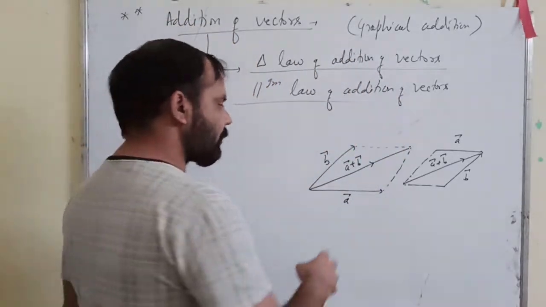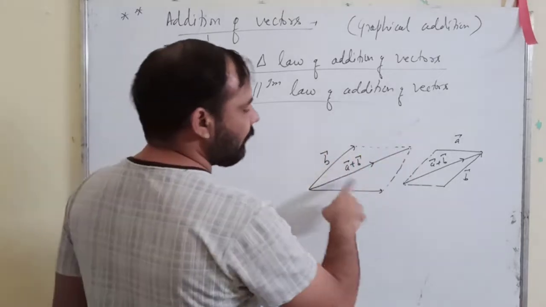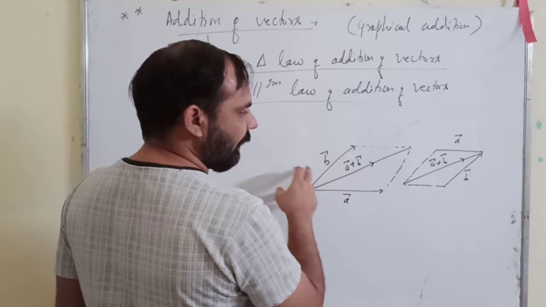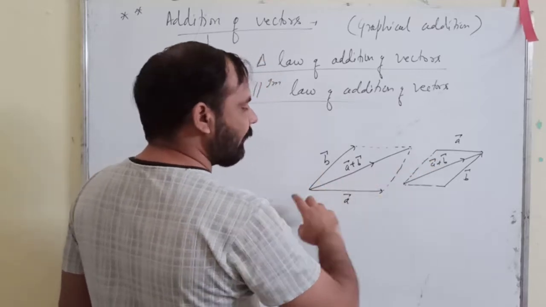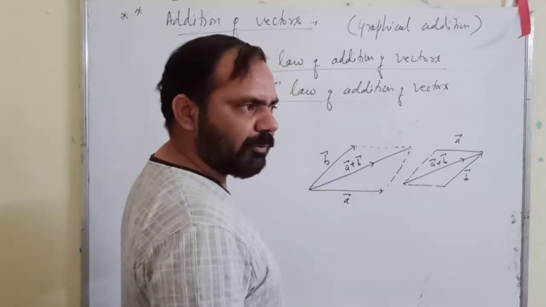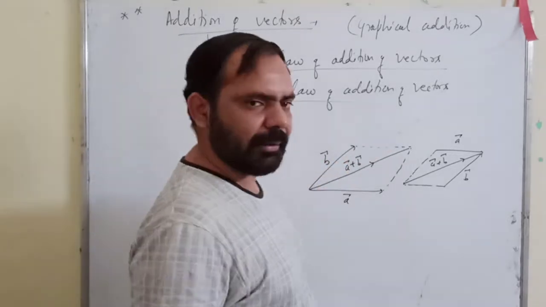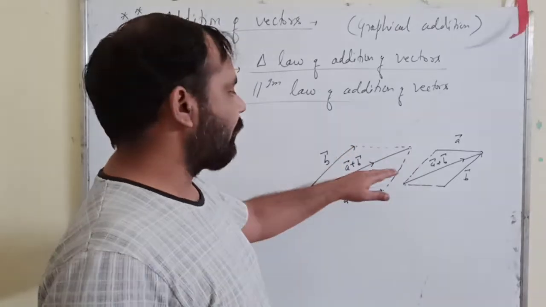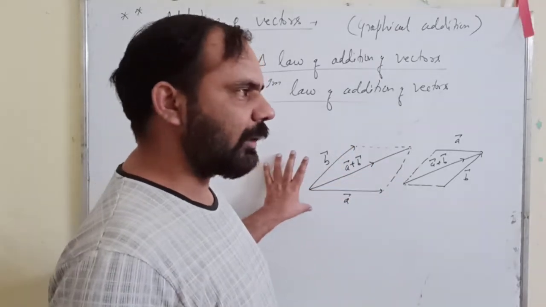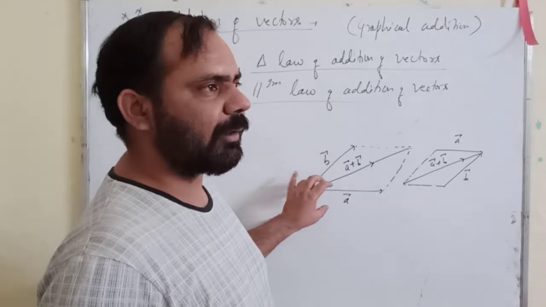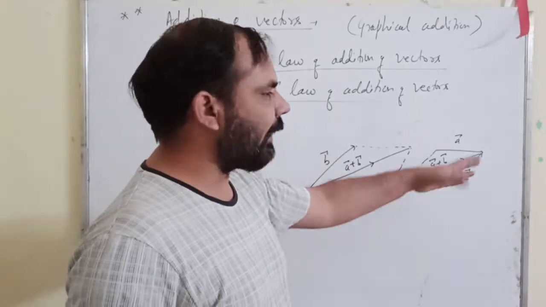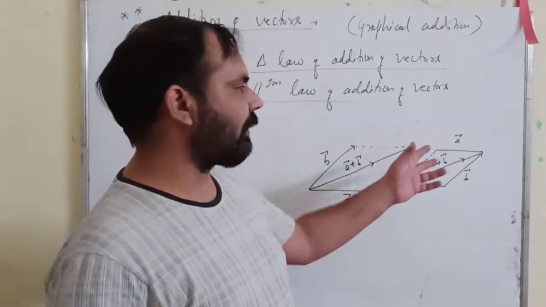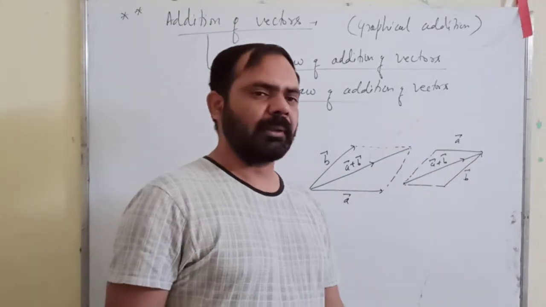Fine, right? So this way, what you have to do is frame a parallelogram. In what condition? If your vectors are co-initial or co-terminal, and then you draw the diagonal, their sum will be represented by the diagonal of the parallelogram. Okay, the diagonal of the parallelogram. If the vectors are co-initial, then the initial point of the resultant vector will be the common point, and if the given vectors are co-terminal, then the terminal point of the resultant will be common to the given vectors.